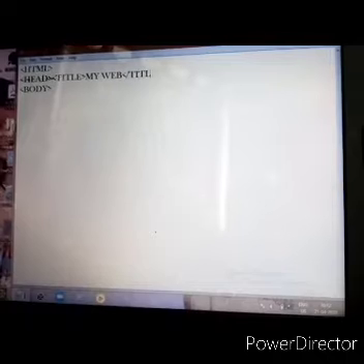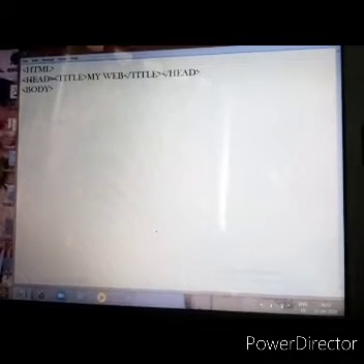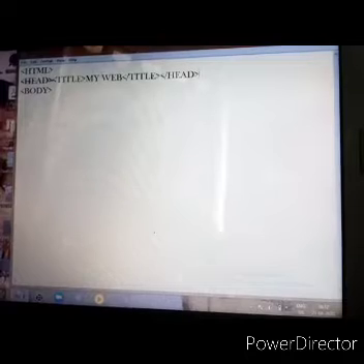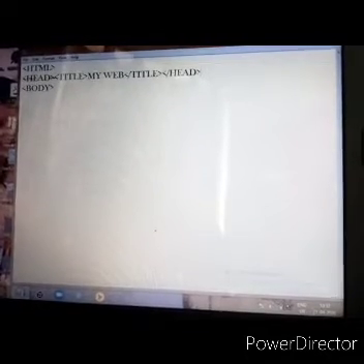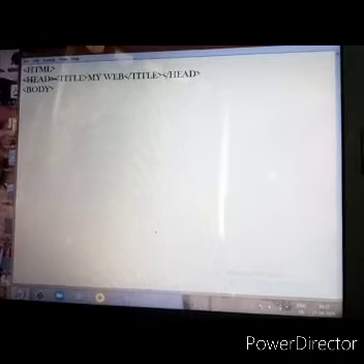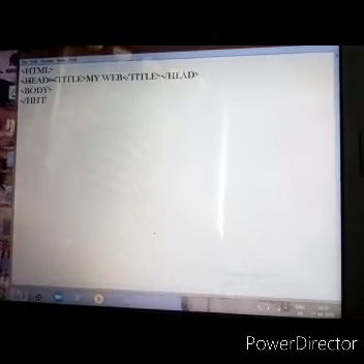Here in the title, let us say we write my web. Now I have to close this title, and I have to close this head, as it is a container tag. So here the head and the title. One thing more, we should be careful that it should not overlap. Overlap means the HTML should not end after the head or the title or the body. It should always end at the last as slash html.